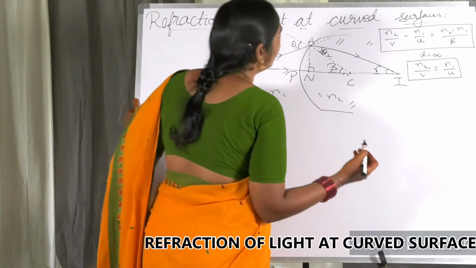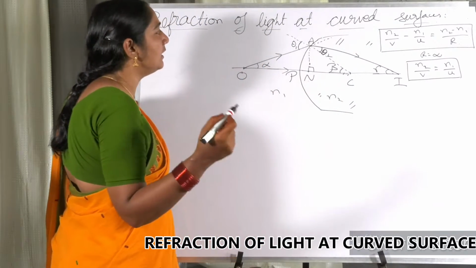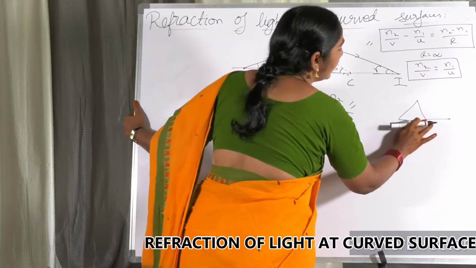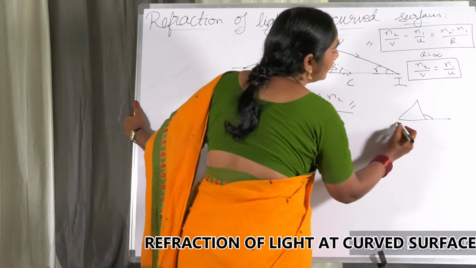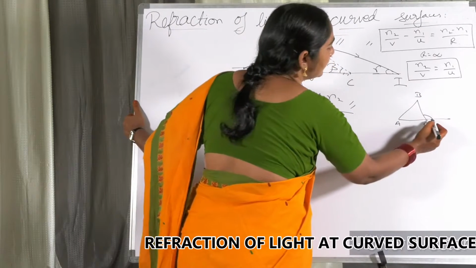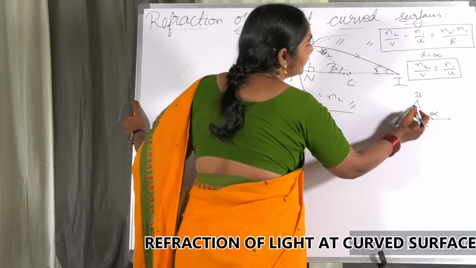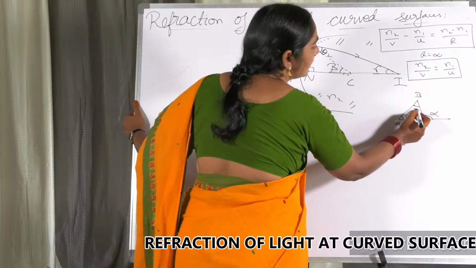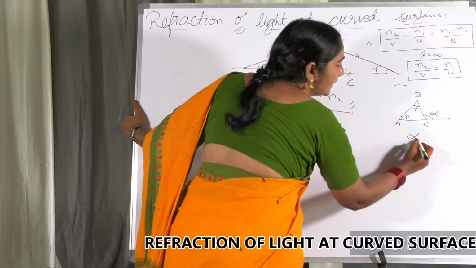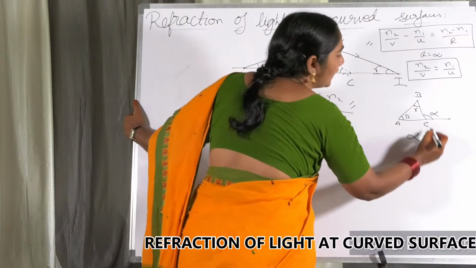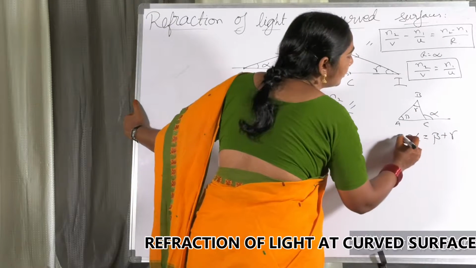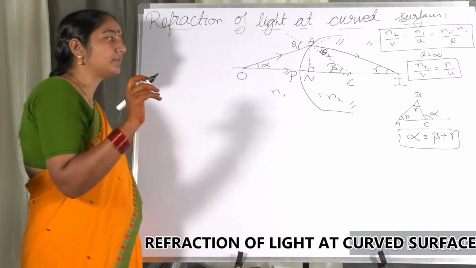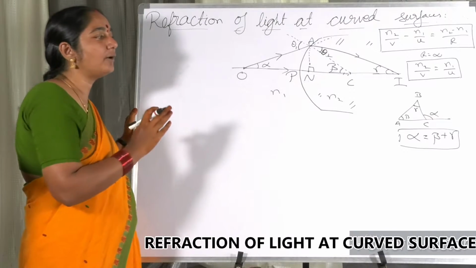Next, you know that in any triangle, you take any triangle ABC, this is called the exterior angle. Triangle ABC, exterior angle alpha. Let us take this as angle beta, this is gamma. Exterior angle is equal to the sum of the interior opposite angles. That you already know, because in geometry this is already a known point to all the children.